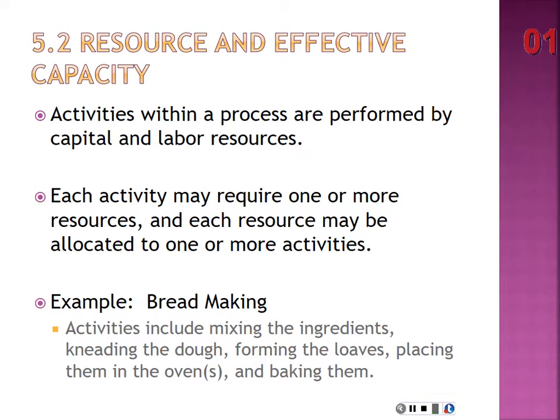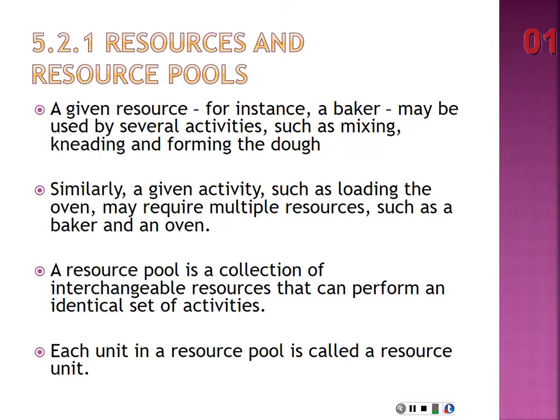So let's look at an example of that. So we're talking about resources and activities. So if you're talking about making bread, your activities can include mixing the ingredients, kneading the dough, forming the loaves, placing them in the oven, and baking them. Okay? So if we think about those activities, then what resources do we need for that? Okay? A given resource, for instance, a baker, may be used by several of those activities. They can mix, knead, and form the dough, right? Similarly, a given activity, such as loading the oven, may require multiple resources. You need a baker to put it in the oven, and you need the oven, which is a capital resource,